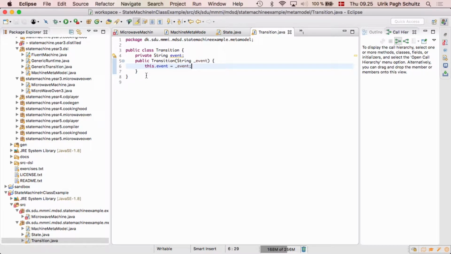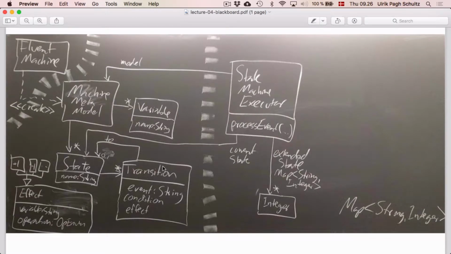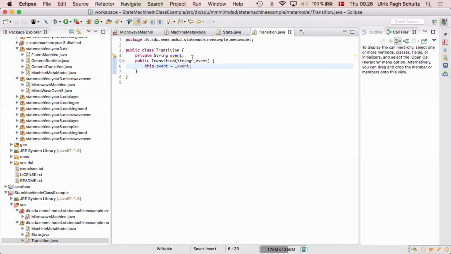Target state. Target state? Oh, yeah, we're missing something. Yes, good point, thanks. We have the two. Yes, it did seem a bit simple. Thank you. So actually we also need state